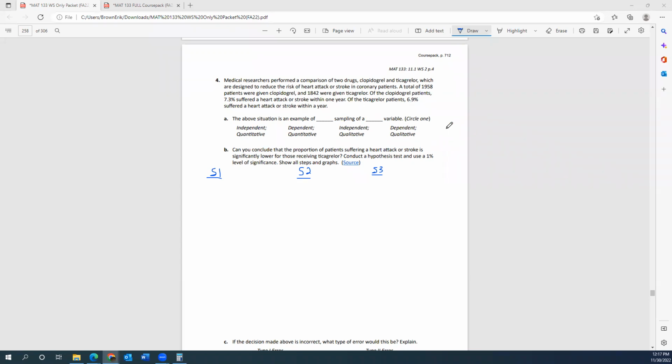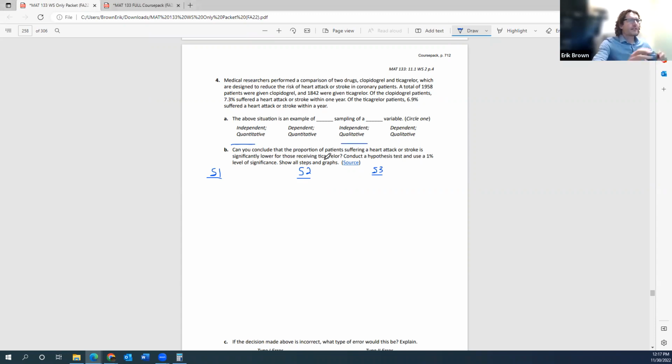I just didn't know. So for the independence, the question is 2 groups measured once or 1 group measured twice? So it's 2 groups measured once. Okay, so it's independent. Now, qualitative versus quantitative, that's the tricky one. Wait a minute, say that again. It's 2 groups measured once, so it's what, dependent? Independent. Yeah, okay. Because if we're doing 1 group measured